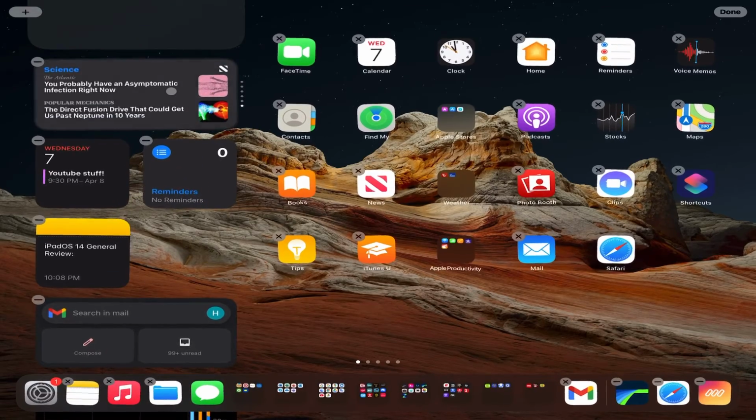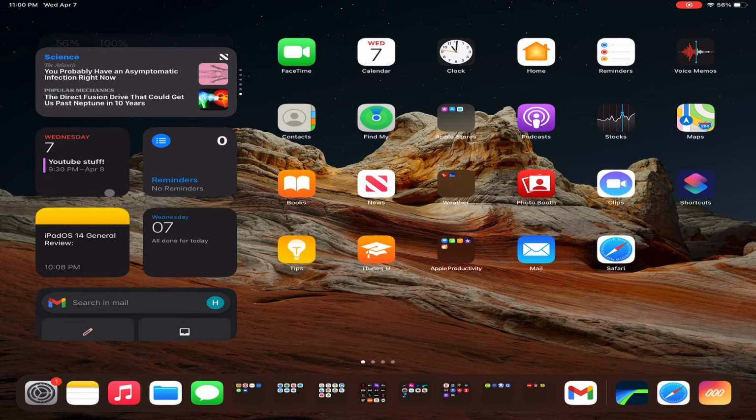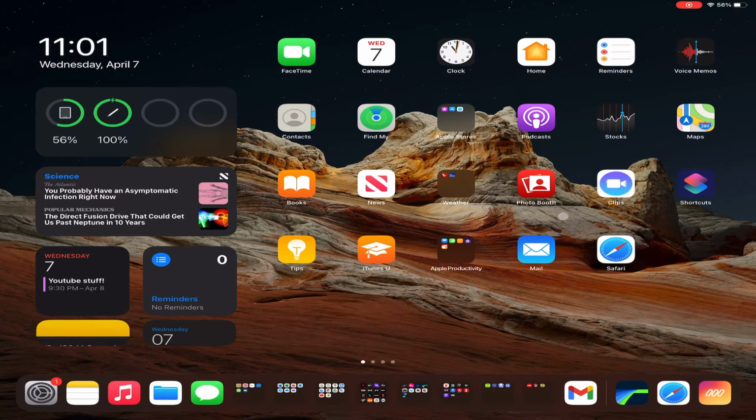Now one of my favorite things about iPadOS is how simple and clean its design is despite being made for a larger screen. With iPadOS 14, you're able to organize your information better and you're able to have the freedom of choice of how you're going to accomplish that. Useful information is just a swipe and scroll away and you can make it as busy or as plain Jane as you want it to. And this has turned into almost a competition with people online sharing their widgets and how they're set up and